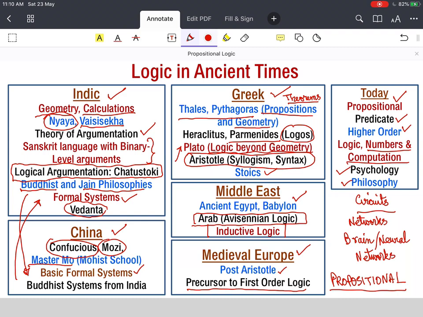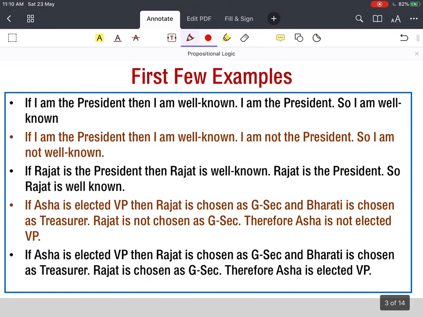Propositional logic can also be called Boolean logic, from the name of George Boole, who developed this binary logic into a systematic circuit theory, and which also has other profound implications. Though all the others, whether it's Indic or Greek or Chinese or Middle East or medieval Europe, all of them had it in this form. However, we salute George Boole, and today this propositional logic or zeroth order logic is named after Boole and is also called Boolean logic. We shall discuss Boolean logic in this lecture.